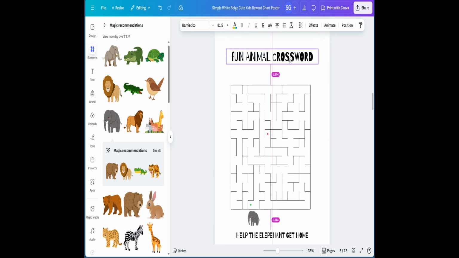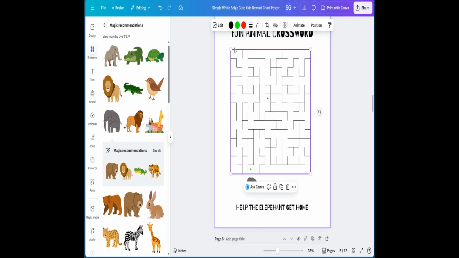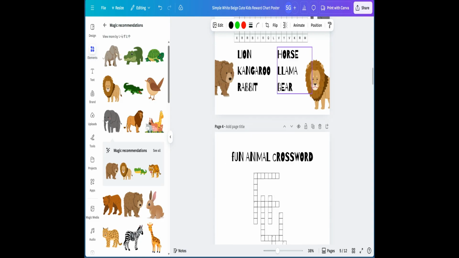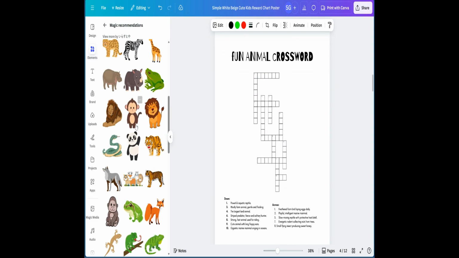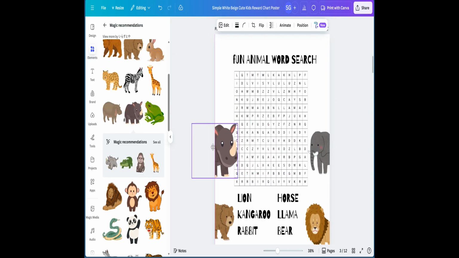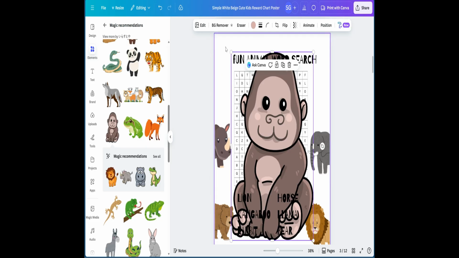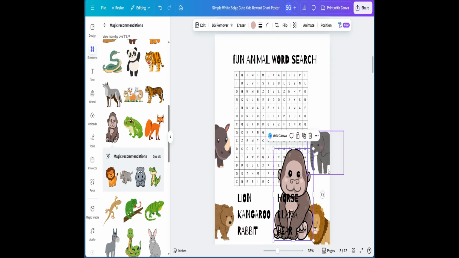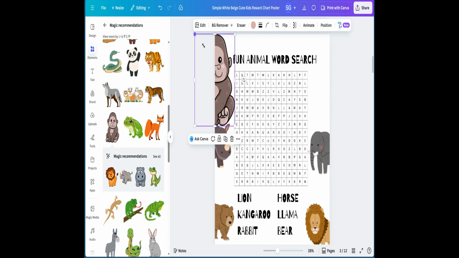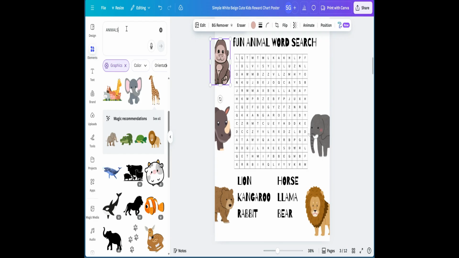But we can make this whole theme elephant themed. Since that's the whole theme, we can make this smaller. For this one, or what you could do, we could have it all around here. You can use all the animals that you use and some extra ones. Let me see here. Make it smaller. So then we have the animals around the border, and then we can go over here and type in